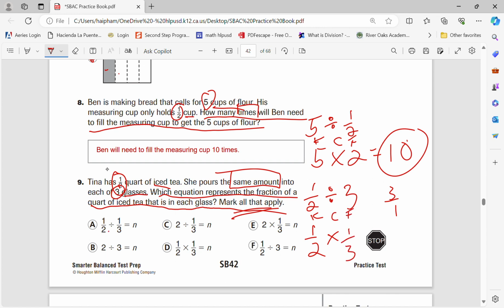So let's look here. We have 1/2 divided by 1/3. That is not going to work. 2, not going to work. 2, not going to work. 2 divided by 3 is not going to work. We have 1/2 times 1/3. That matches up with what we have there. And then we have 1/2 divided by 3. So the answer would be